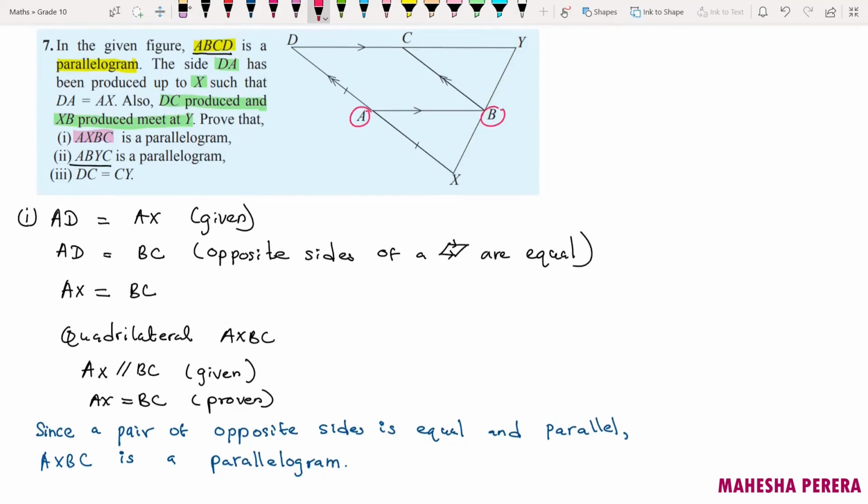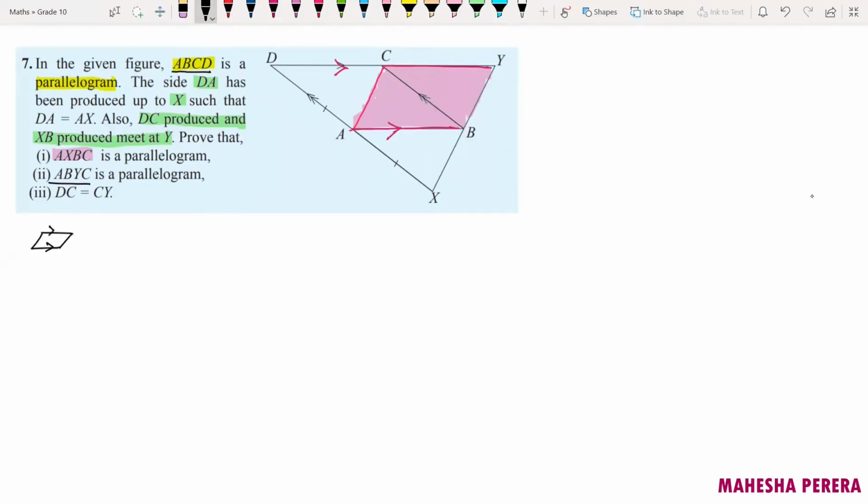ABYC. Right, so I need to connect C and A. Now here is our quadrilateral. Now if you consider the parallelogram AXBD, this parallelogram, Roman figure 1,